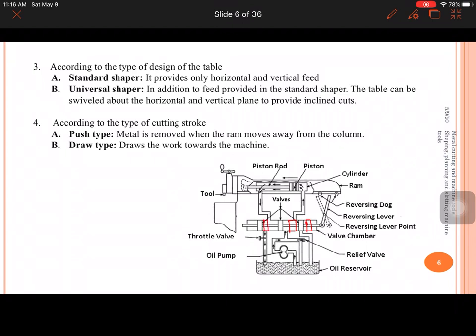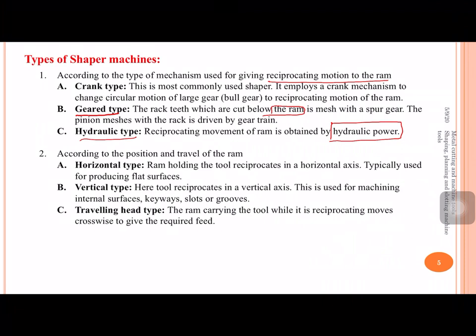Then what happens, the fluid will start moving in the backward direction to the previous direction, and that will offer the pressure on the piston, and the piston starts moving in this backward direction. That is what in the backward direction means, it is creating the backward stroke. In this way, we will ensure the forward and backward stroke in this particular mechanism, that is the hydraulic mechanism.